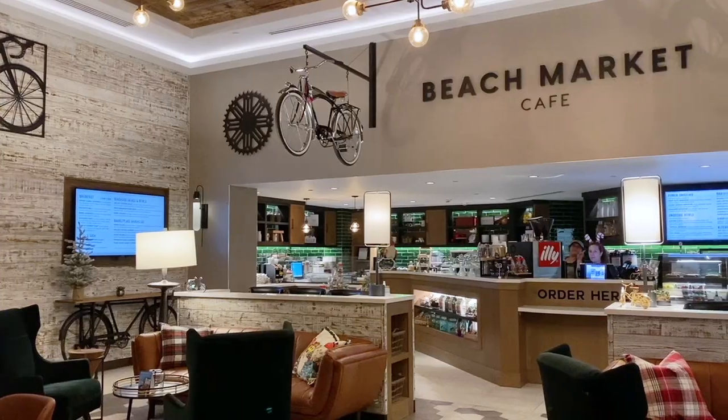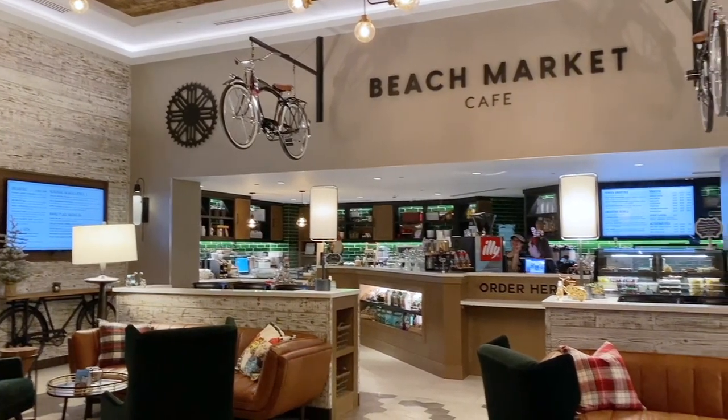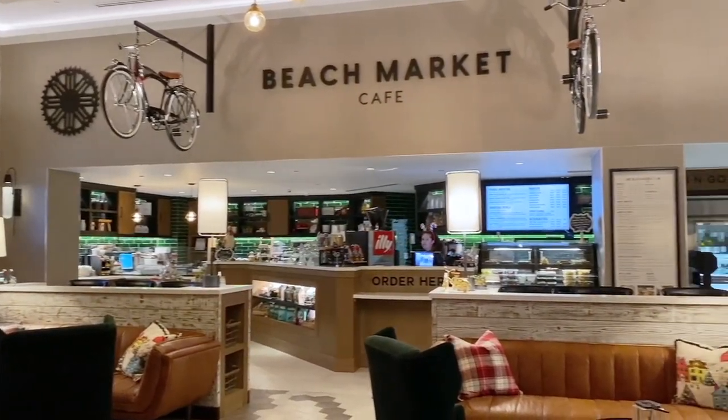But her approach to skincare is not just about the products and what they can do for your skin, but it's the overall experience and the energy that the products bring to your overall health. Across from the spa is where you'll find the Beach Market Cafe, another great option for breakfast or a snack,